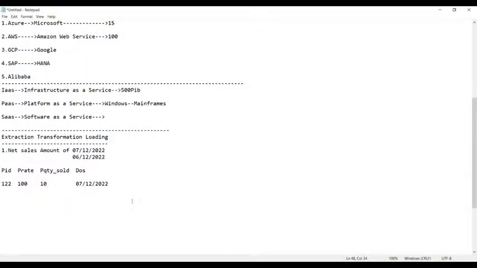The second line is product ID 123, product rate 200, quantity sold 10, and the date of sales is 07/12/2022. Then we have the next one, 124.